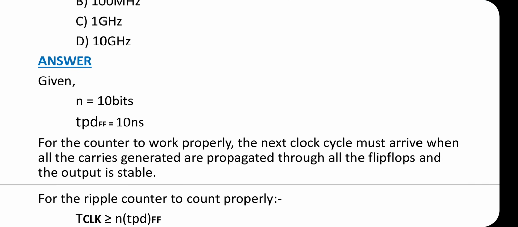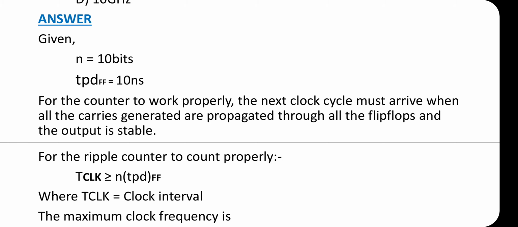We know that in a ripple counter, the carry ripples through or propagates through every flip-flop. That is, the propagation delays of all the flip-flops are added to get the overall delay in the counter. For the counter to work properly, the next clock cycle must arrive when all the carries generated have propagated through all the flip-flops and the output is stable. This can be mathematically stated as,